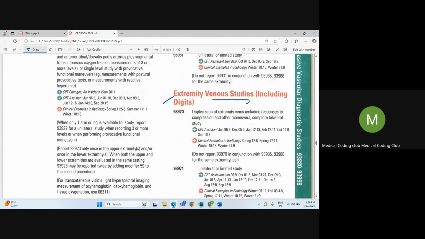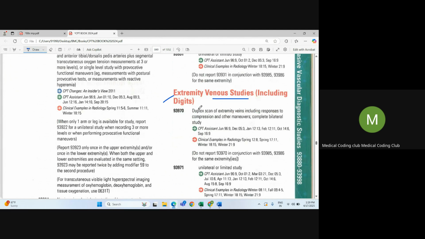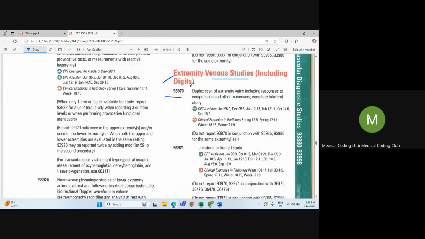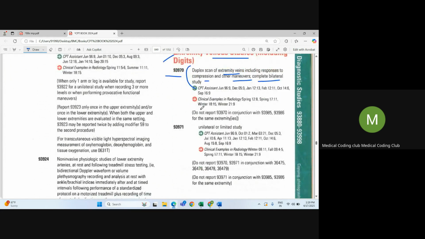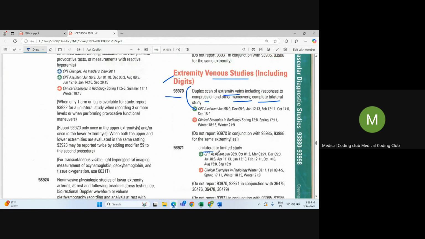So extremity venous studies including digits: 93970, duplex scan of extremity veins including responses to compression and other maneuvers, complete bilateral study. So it includes a bilateral study. So 93970 is correct. And 93971 is a unilateral or limited study. That means any one hand or one leg. At that time we can go with 93971. But if they perform bilateral, we should go with